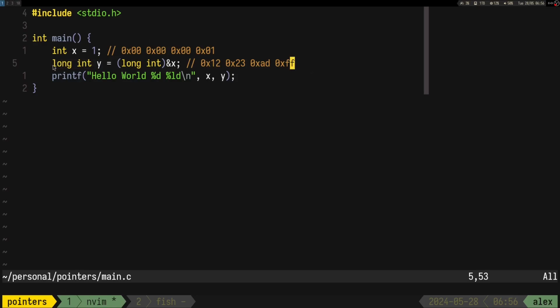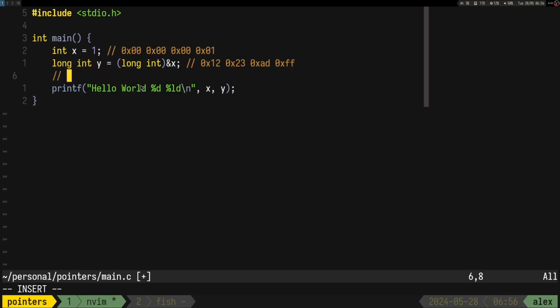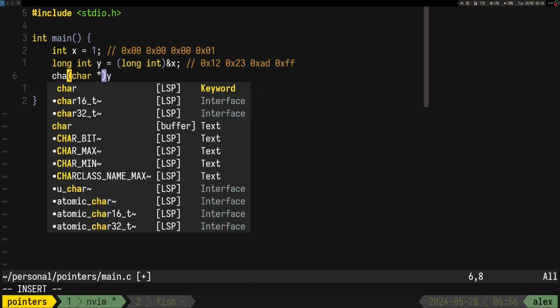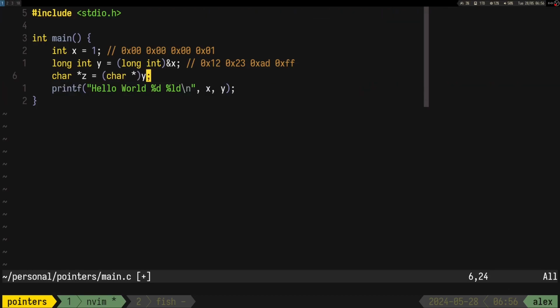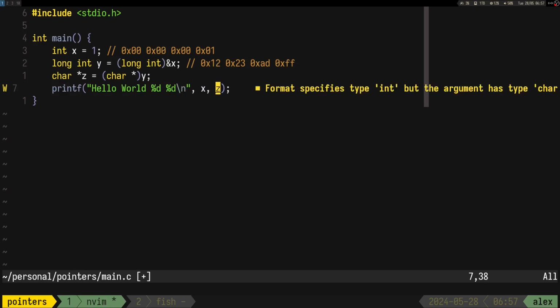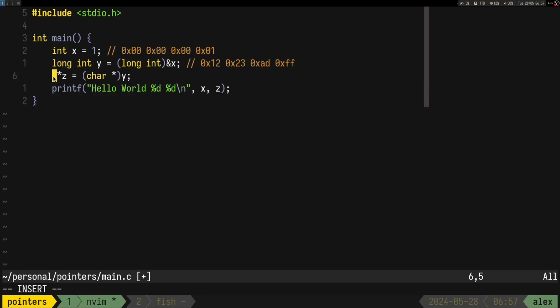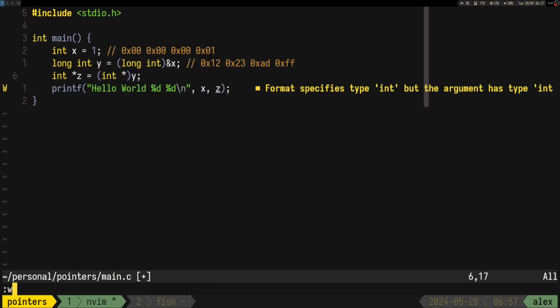So yeah, let's say we have this long int, right? And then, at this point you can actually just do char pointer y. You can actually just convert it to another kind of pointer, right? And now if we print z, even though it's not the same type, it's going to print something completely random. But if we convert it back to int,